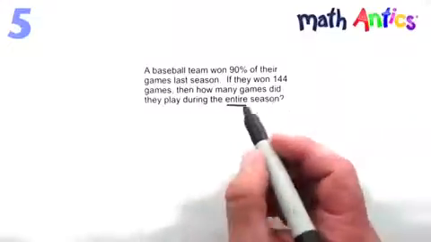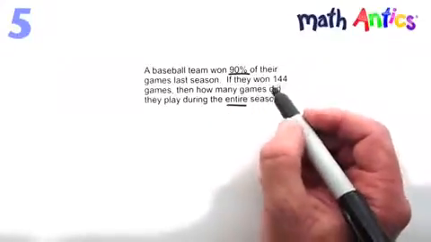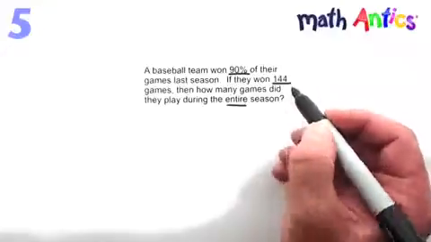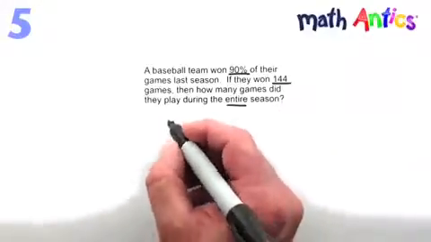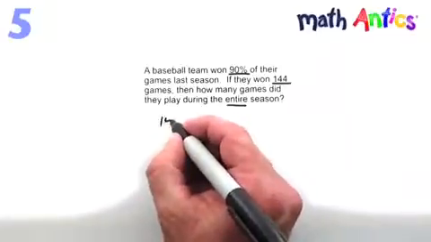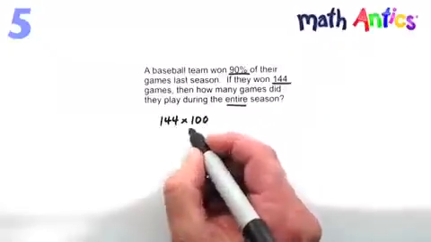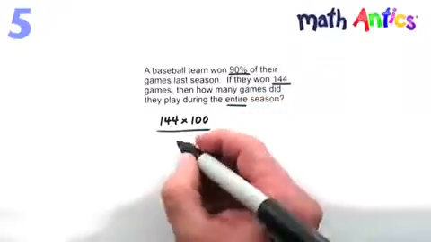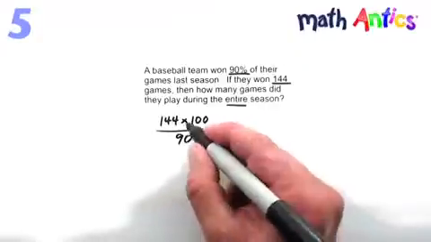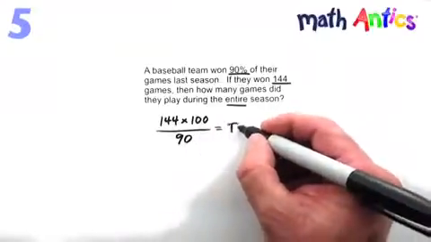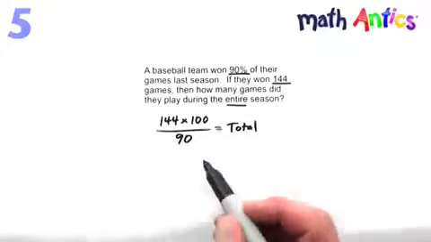Okay, so we know the percent, that's 90%, and we know that the part that they won was 144. So we'll plug these numbers into our equation, which says that we take the part, which is 144 for us, and we multiply it times 100, and we're going to divide all that by the percent. In this case, that's 90, a pretty high percent that they won. Doing that simple formula will give us the total number of games that they played for the season. Okay, the math is a little harder in this